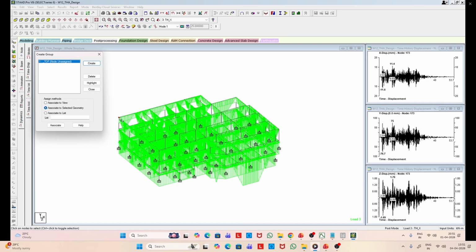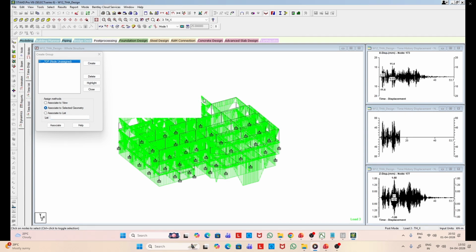You can select multiple nodes, and then for that you can see the time history response, as you can see on the right hand side of your screen. Likewise, you can also select a list of nodes, like this time we have 177, and for that we have X, Y, and Z component of the response.